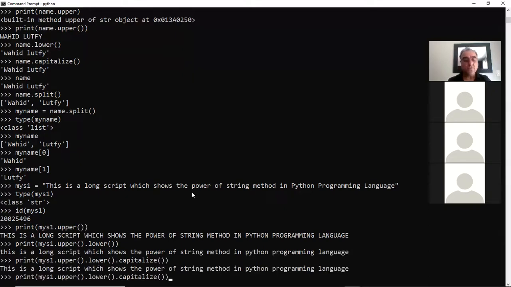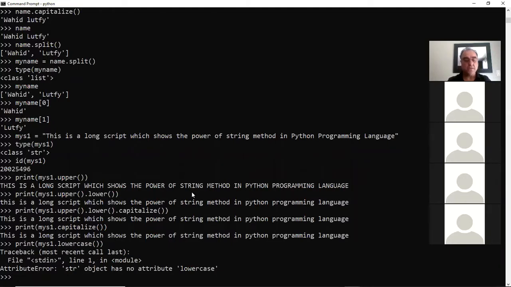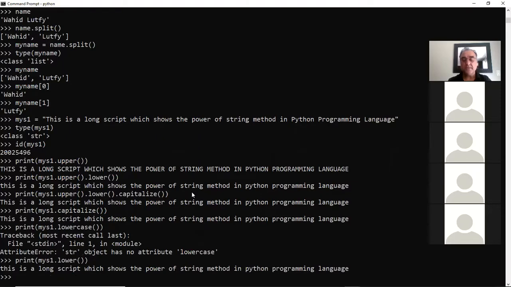If I wanted to do only that, I could just do this capitalization. That's good enough, and it would have done the same thing. But if I wanted to change it to lowercase, I didn't need to do capitalization, just lower. I'm sorry, lower, and just not lowercase. So a lot of these methods that are available, like my S1, you will see